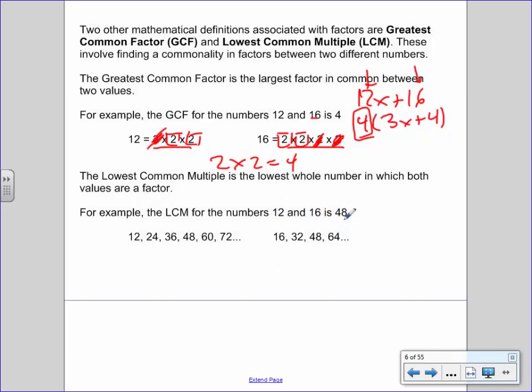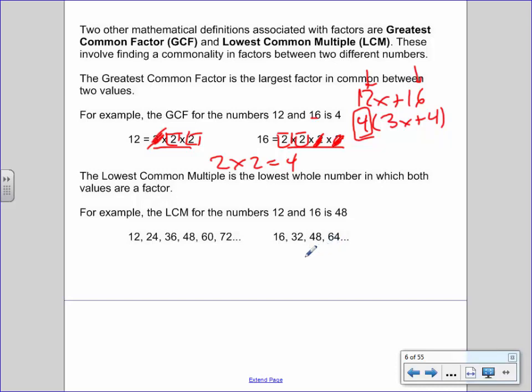And sometimes the best way of solving this is literally just to make a list. 12 times by 2 is 24. If you were to make it times by 3, it's 36. 12 times by 4 is 48. Literally you can just write out a list of each of the groupings. 12 plus 12 plus 12 plus 12. Or 16, literally all I'm doing here is saying 16 plus 16 is 32, plus 16 is 48, plus 16 is 64. And when you're looking for the lowest multiple, all you've got to do is find the first number